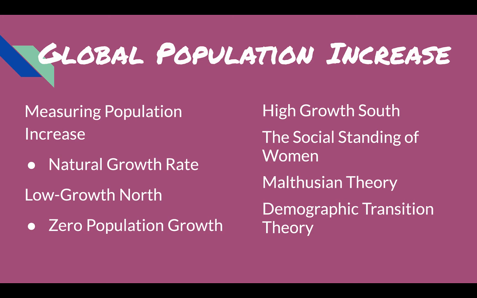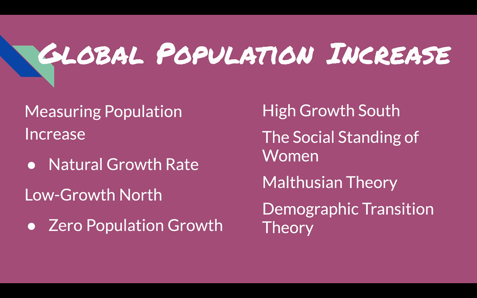This is very different from the high growth South, where population growth is a serious problem for many poor people in poor nations. Programs have been implemented to try to decrease birth rates that do help with issues of population increase. But most of the recent population increase is actually due to falling mortality, not an increase in births. Low-income countries are 82% of the planet's people, so if they have a lot of population increase, that's a lot of people, right? And almost all of this growth is in the Southern Hemisphere, in nations that have been previously colonized and controlled and had less opportunity to develop over time.